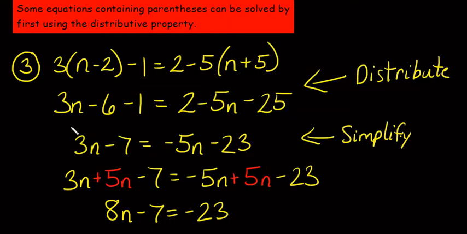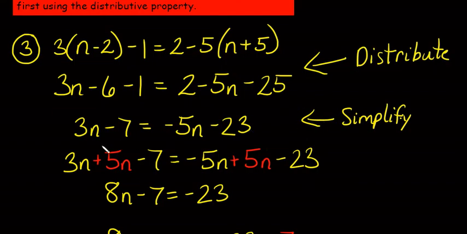Now the next thing I see that I need to do is put my like terms together. On the left hand side, I only have 3n. I don't have any more n's, but I do have two constants that need put together, -6 and -1. On my right hand side, I only have -5n, but I have as well two constants that need to be put together, a 2 and a -25. So when I do that, I simplify that into this equation,